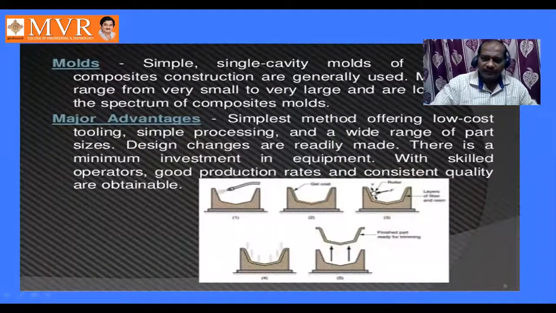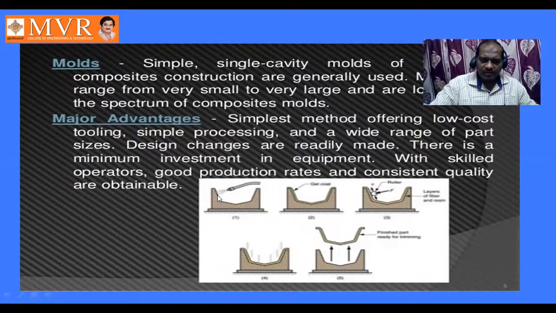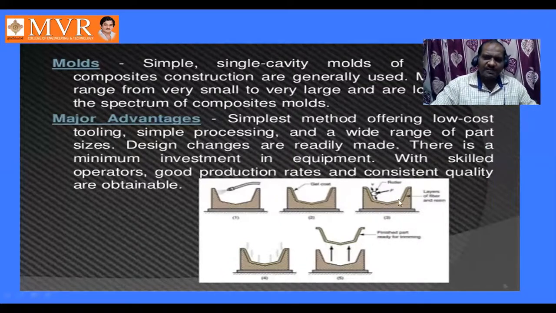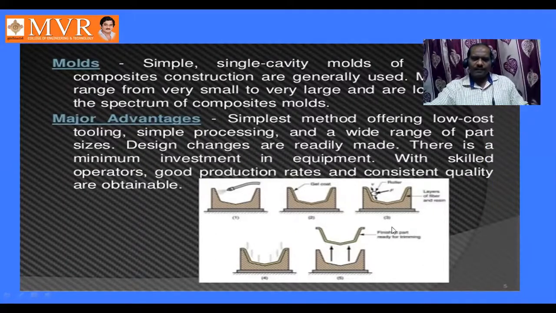So these are the different types of molds we can use. This is the shape. First they go for this woven fabric cloth, and then the rolling material, and again fiber. After doing this operation, this part is removed, and we get this one. This is a single part. If you want to make multiple parts, we need multiple molds, and multiple molds means at a time we can prepare this type of products. That is the meaning of this whole diagram.